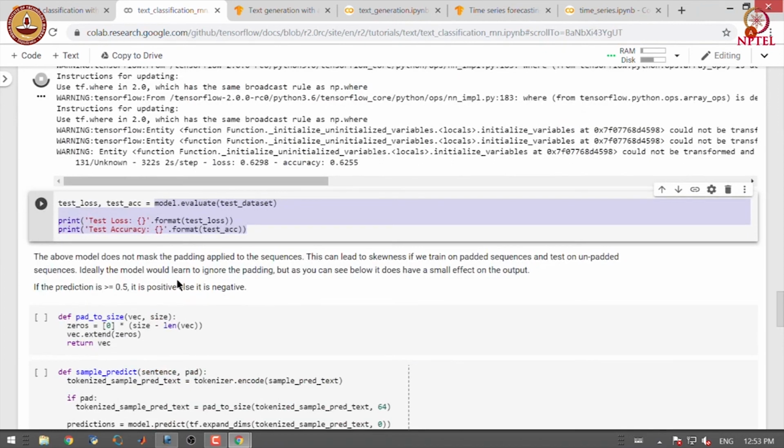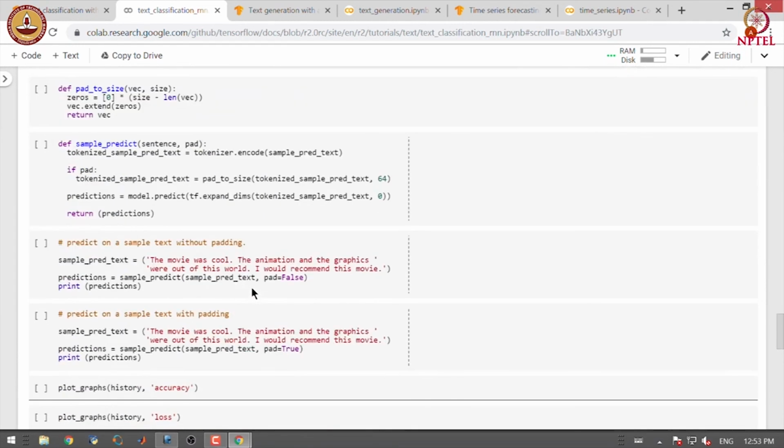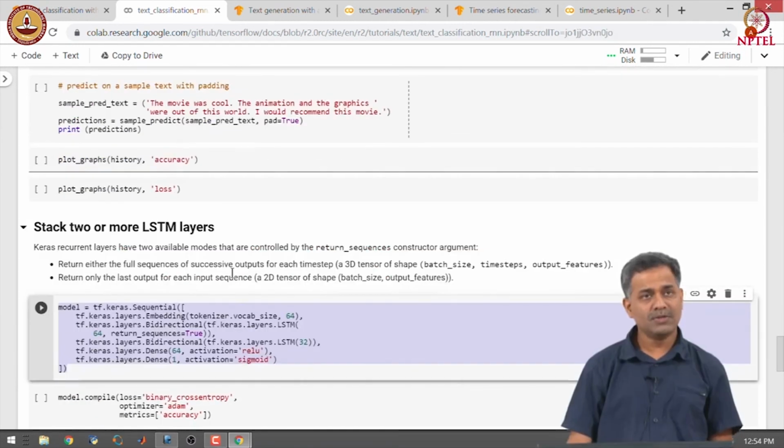Ideally, the model should learn to ignore the padding, but you will see that there is some effect of padding on the output.